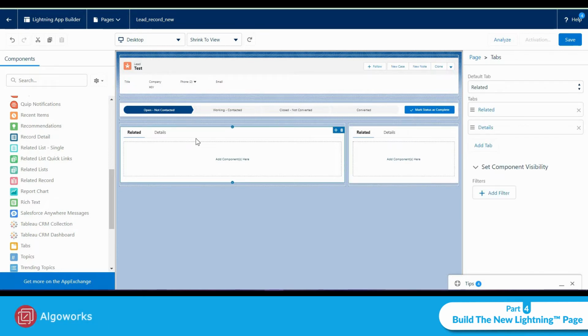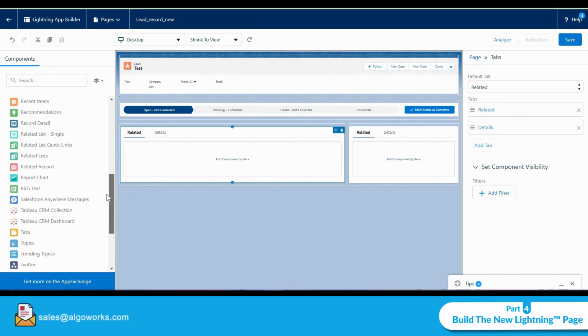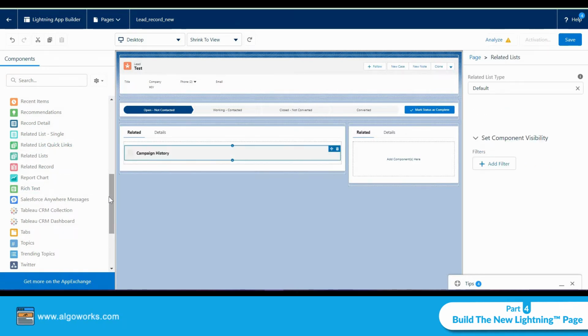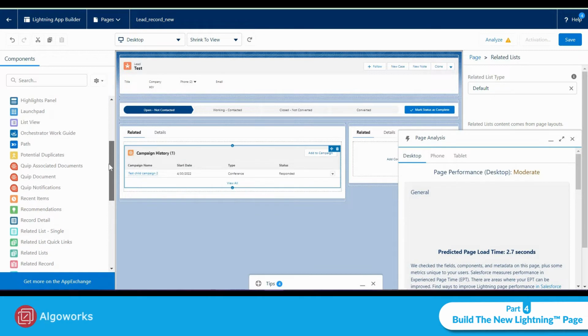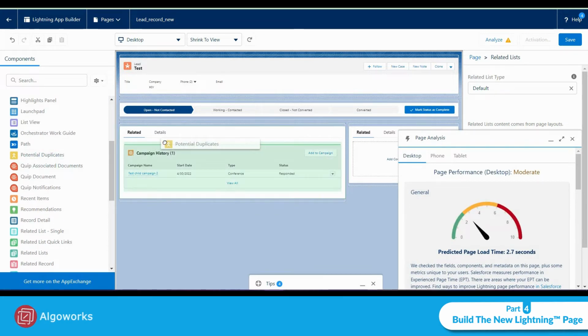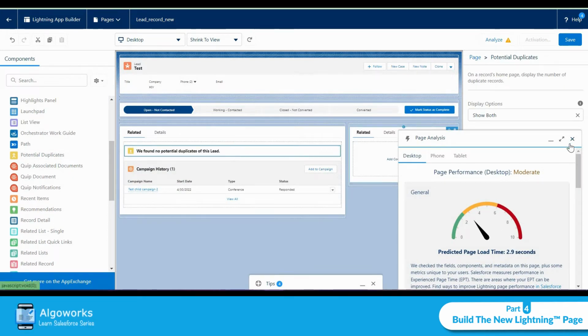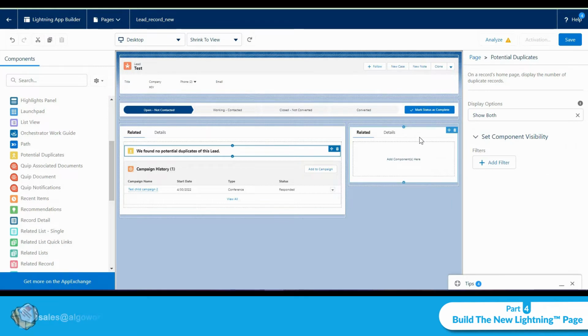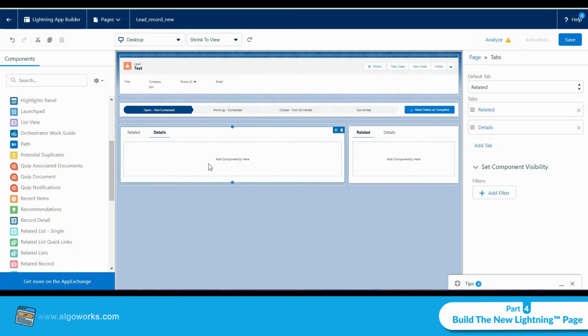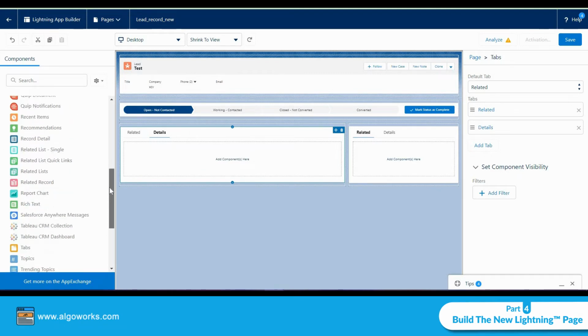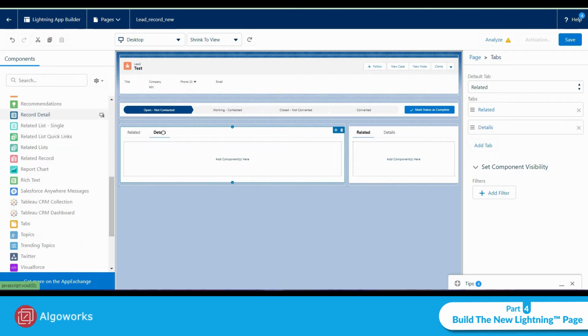On the left hand side, it's going to consist of only related and details, and in the related tab I'm going to add the related list, as well as I'm going to add if there are any duplicate record of this. And in the detail tab I'm going to add record detail,